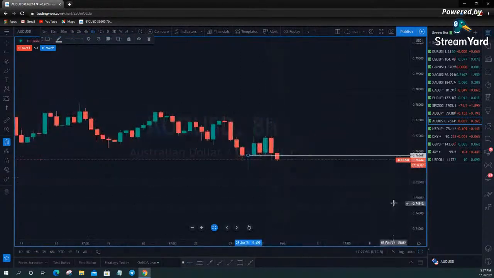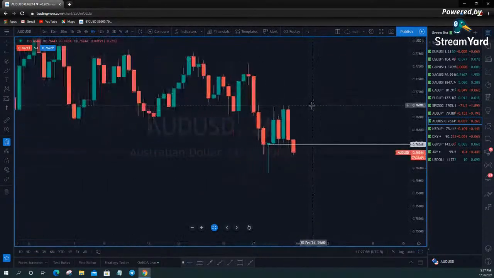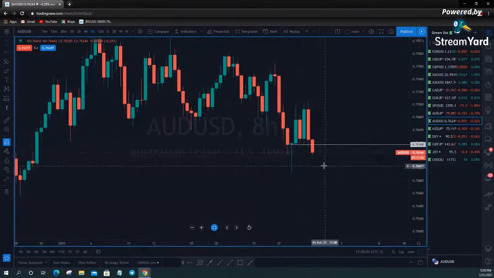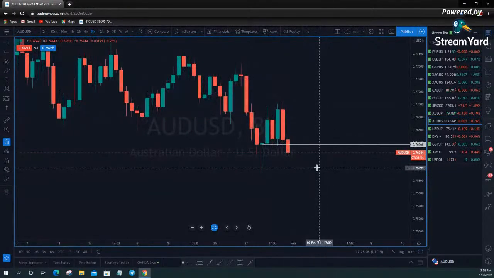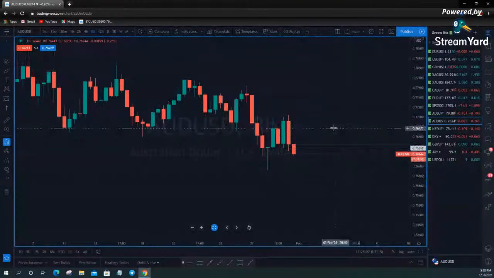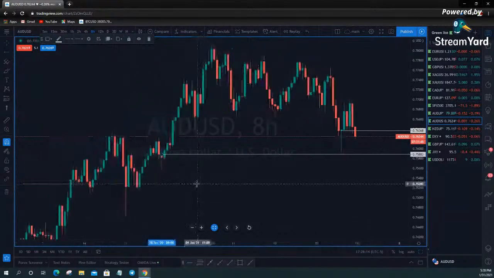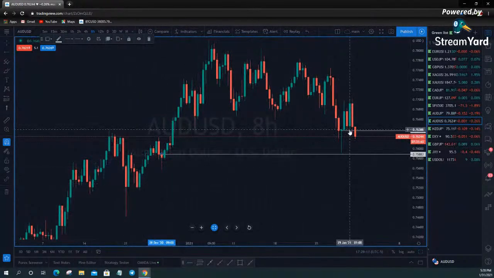Remember, we wait for closures to dictate to us what's going on. Just because we get a wick down, if this thing closes above, that doesn't mean anything. It means that maybe it's finding support here, and that level, 76368. All right. Now, let's find what this thing tested. Looks like it tested this level right here, close enough to it, and that was 75,883.